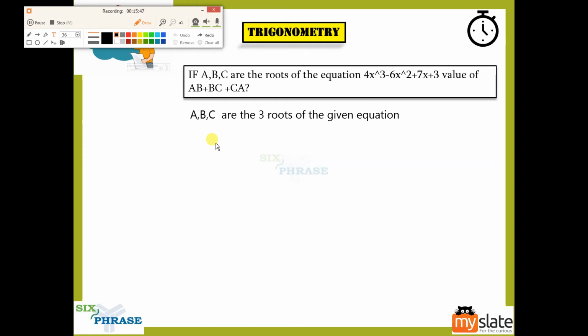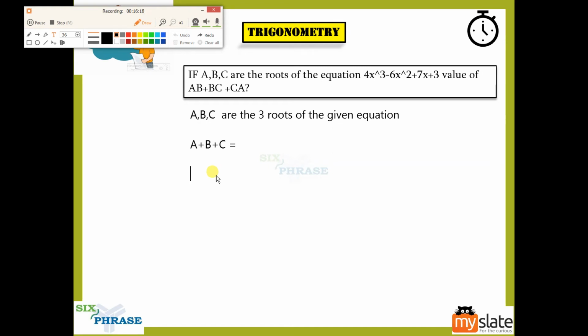The method in which we do this is, we have three roots, right? You take one root at a time and sum it up. So it will become a plus b plus c. You are selecting one root at a time, 3C1, which is 3, right? So a plus b plus c has a way of finding the answer.